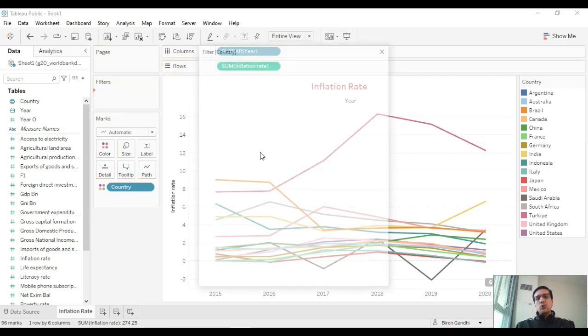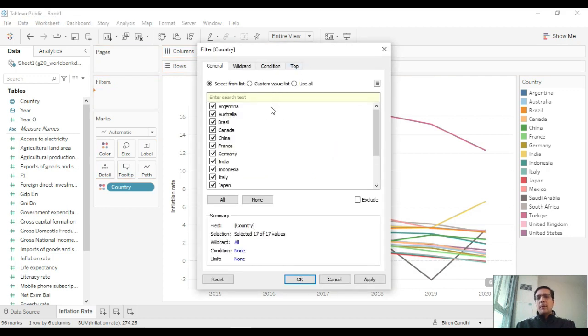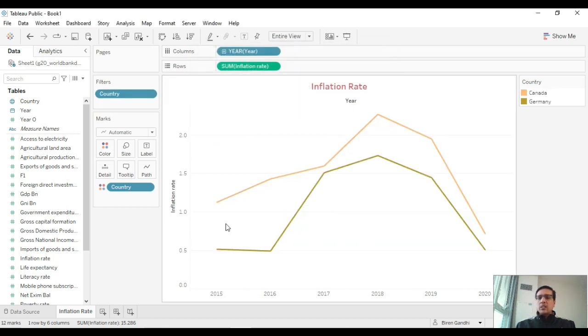As you can see, as I do that, it will show me this comment box where I can select a particular country. Let's say I'm going to select Canada, and let's say Germany. And I'll deselect all of the other countries. If you wish to see 3 countries, or multiple countries, you can do that. The filter is always available, and I mark it OK. So now you can see the 2 countries here. And in case you want the filter to be displayed here, you can display your filter or dynamically change it. So this is our